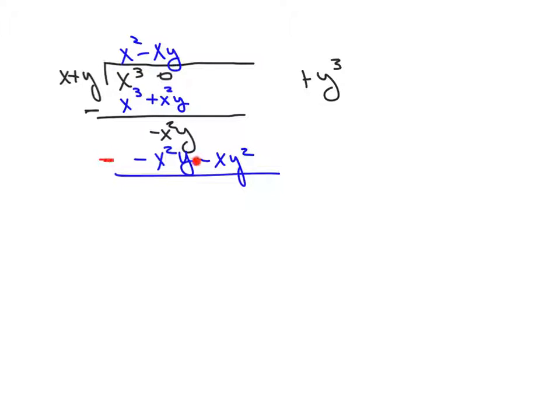0 minus negative xy squared is the same as 0 plus xy squared. Gives me xy squared. Alright, let's keep going. Let's divide x into xy squared. X goes into x. 1